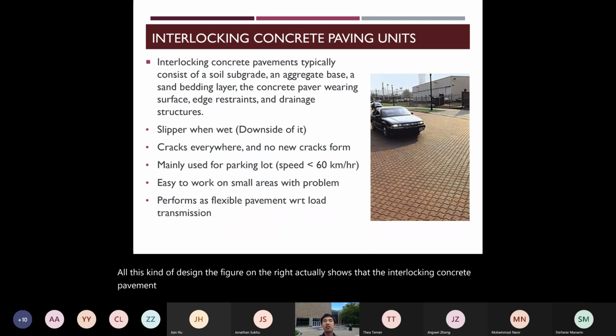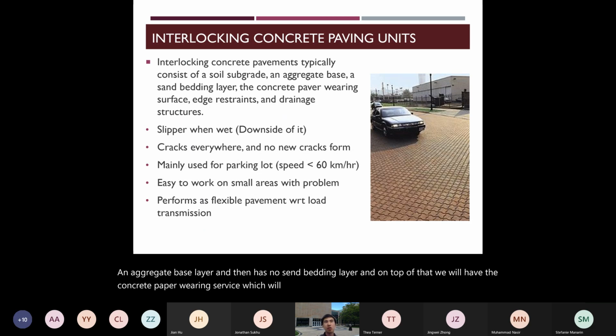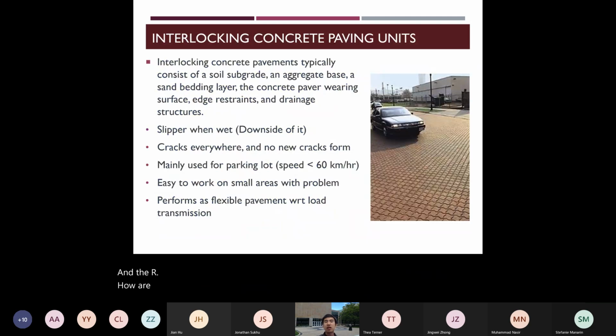Usually it contains a subgrade layer, which would be the natural soil, an aggregate base layer, and then a sand bedding layer. On top of that, we have the concrete paver bearing surface, which is made of blocks. It also has edge restraints, which hold the pavement in place at the edges of the road or driveways, and drainage structures to remove the water